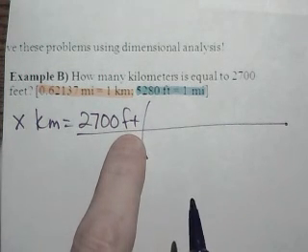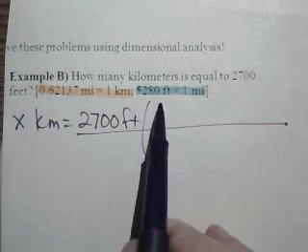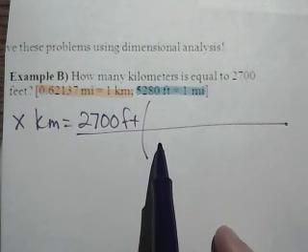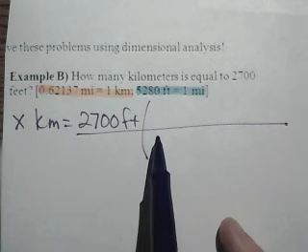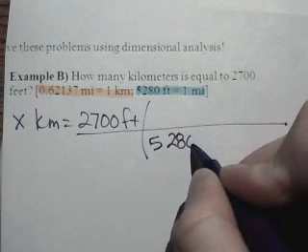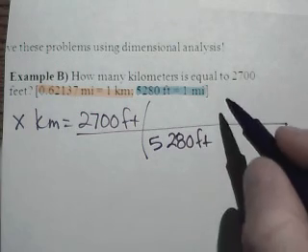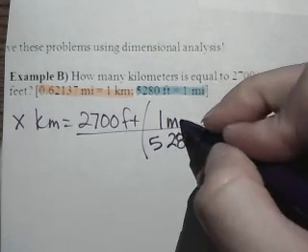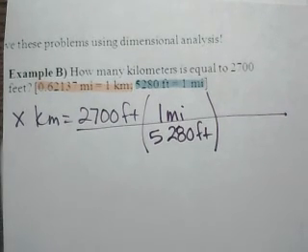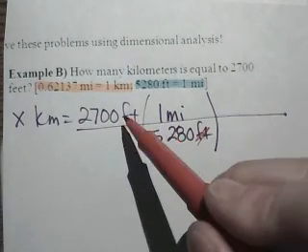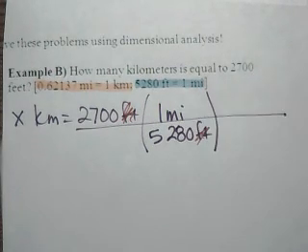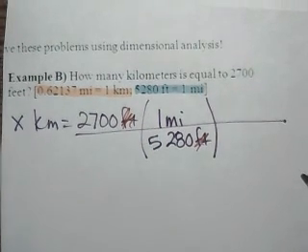Since we have feet in the number that they gave us, when we pick our conversion factor, we pick the one that will let us put feet in the denominator first so that we can cancel those out. That means I'm going to have to put 5,280 feet in the denominator, and the other half of that is 1 mile, which goes up in the numerator. The reason I've done that is because now I have a feet underneath that cancels out a feet in the numerator. So that leaves us with miles as the units,